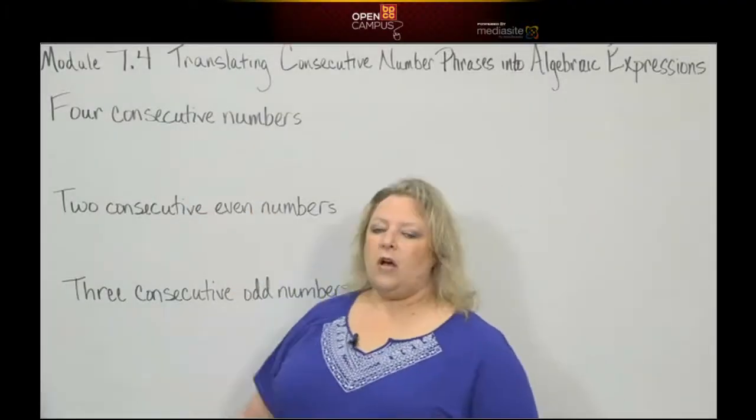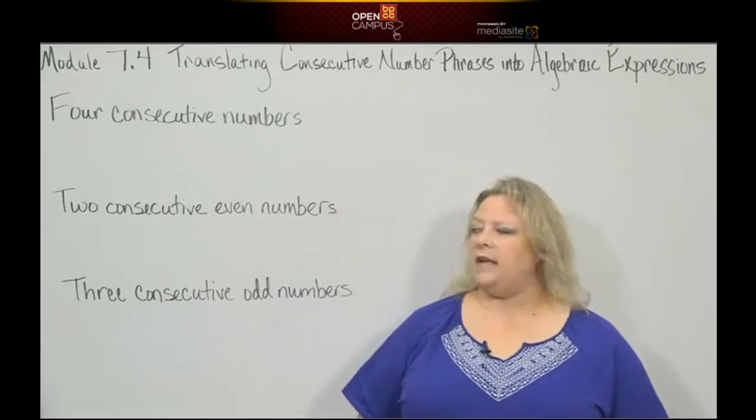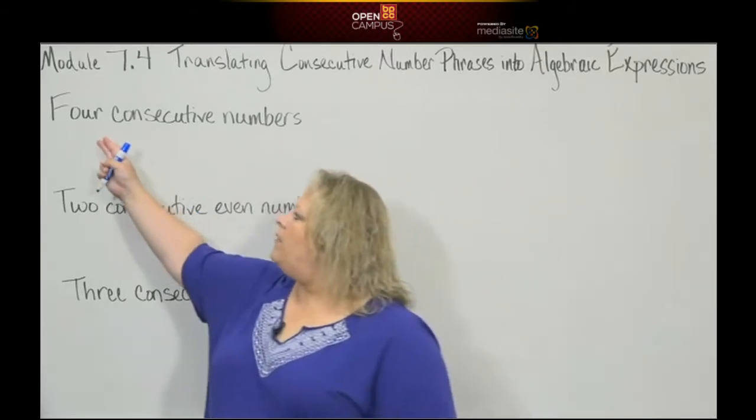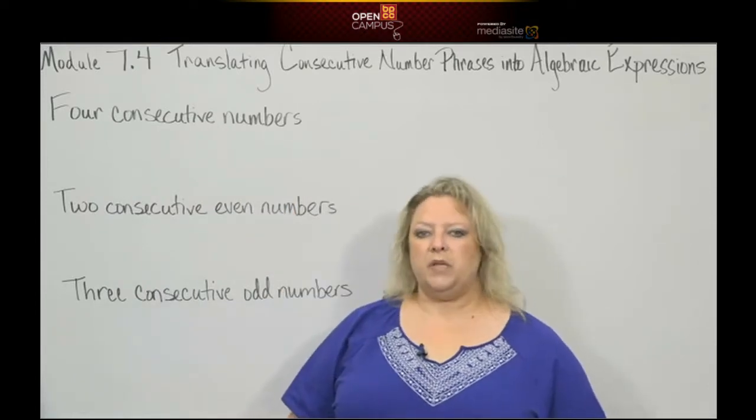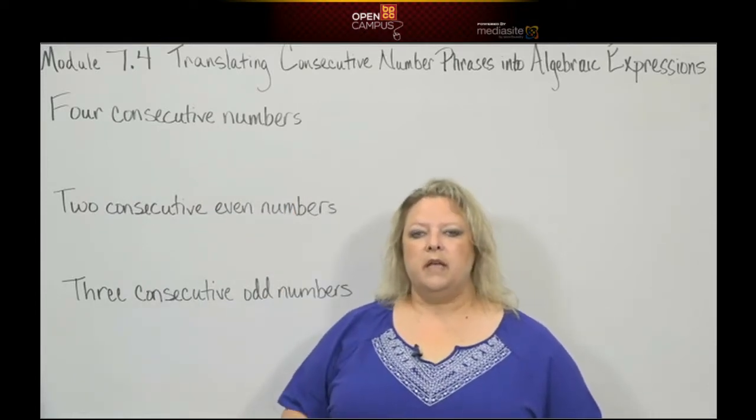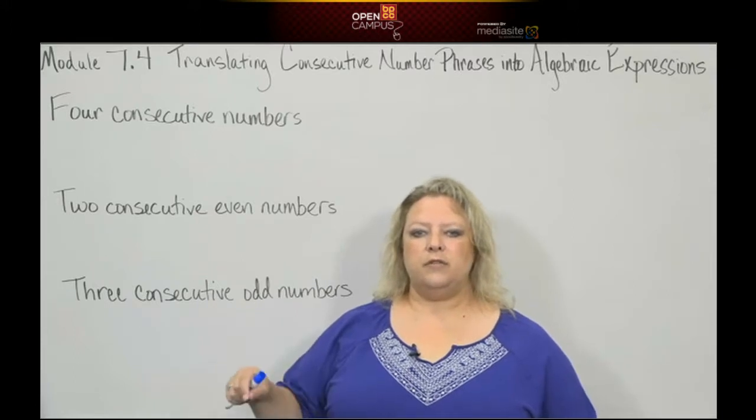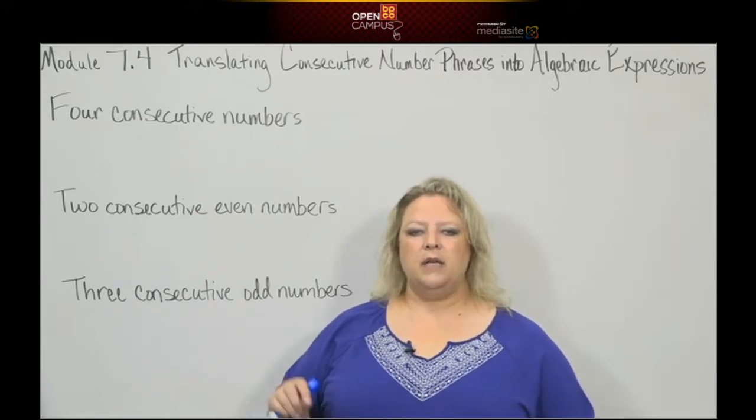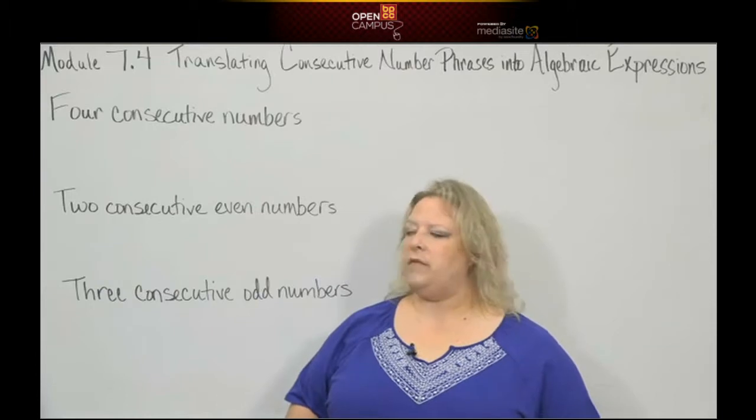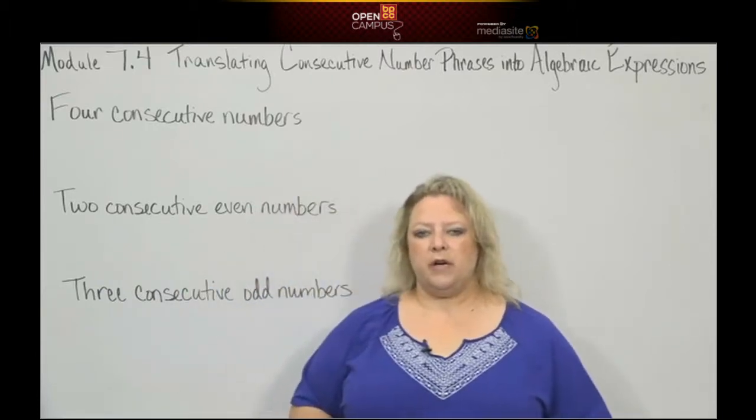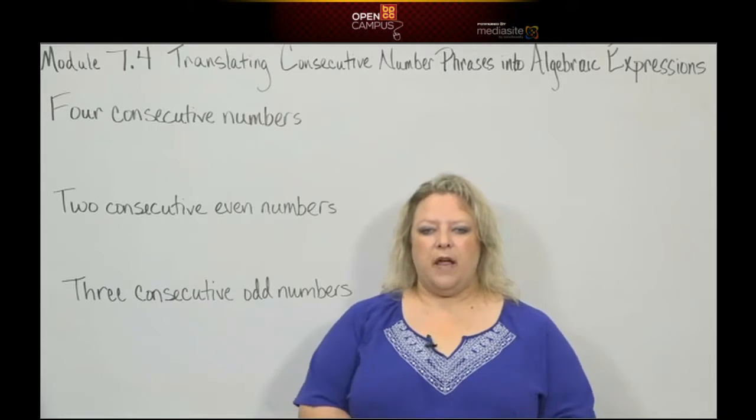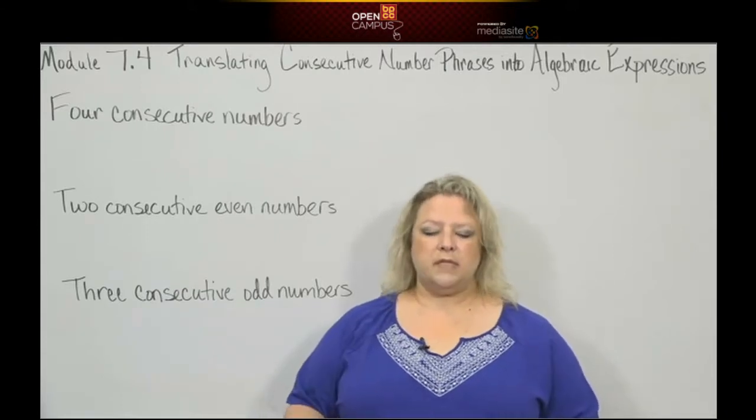Now we're going to talk about how do I actually write these down. So I have 4 consecutive numbers. Remember what the word just plain consecutive means. That means 1, 2, 3, 4, 5, etc. Not skipping any numbers on the number line. So if I don't know what my first number is, I have to use a variable to represent that very